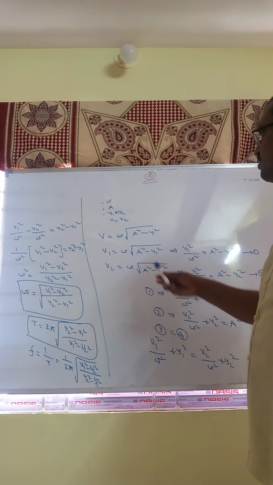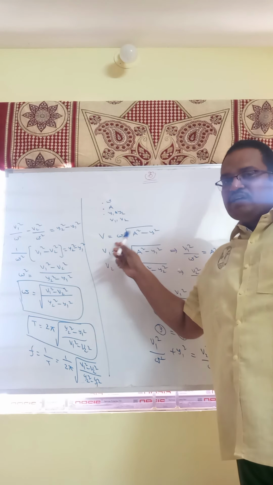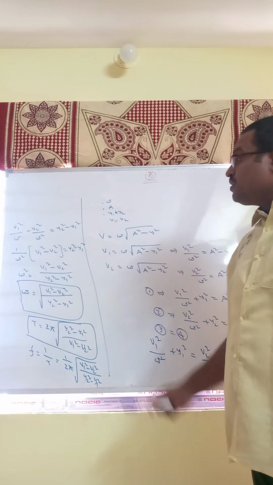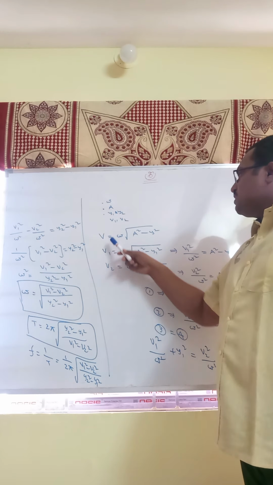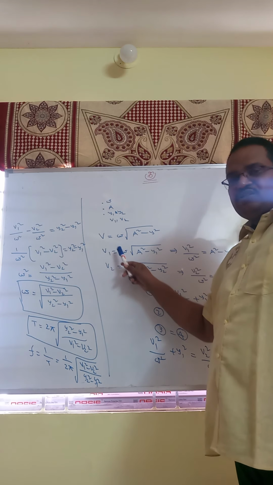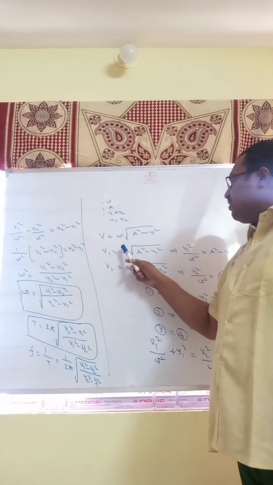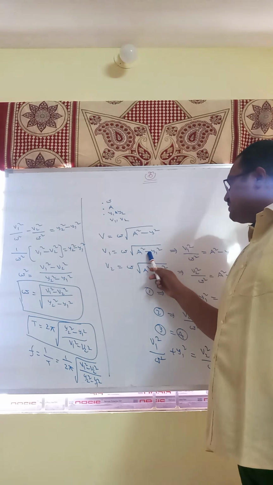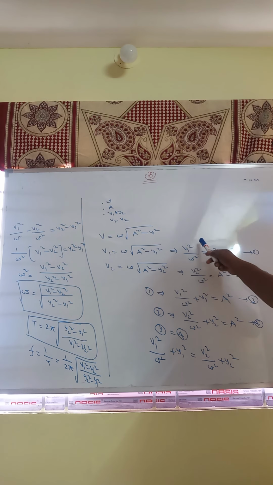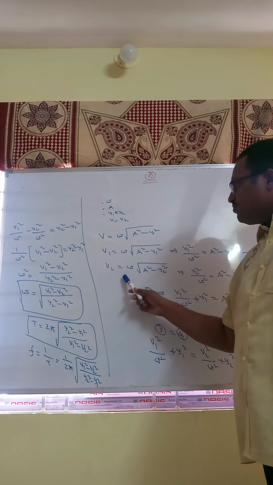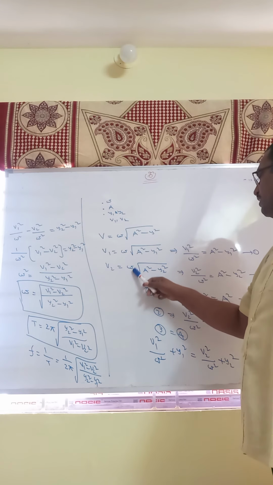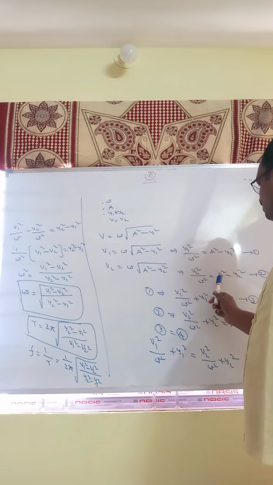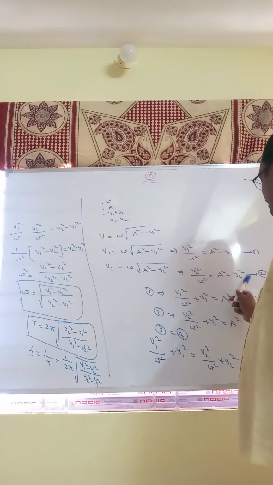See, once again I am repeating. Generally, we know that the instantaneous velocity of a particle in SHM is given by v equal to omega into root over a square minus y square. Similarly, for the first particle having velocity v1, v1 equal to omega into root over a square minus y1 square. That implies v1 square by omega square equal to a square minus y1 square. And also for v2, omega into root over a square minus y2 square. Squaring on both sides, we get v2 square by omega square equal to a square minus y2 square.